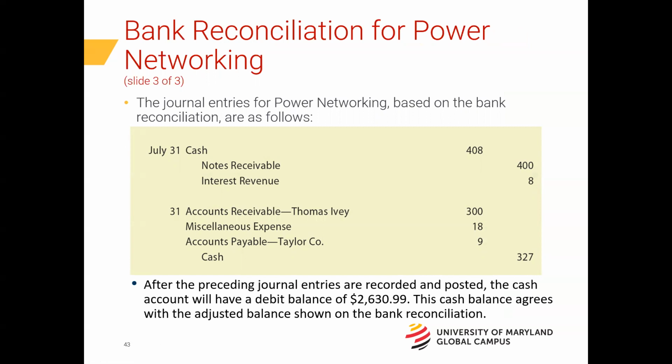Okay, so here's another example in the reconciliation process for our company. We receive cash from a note receivable, but have not yet recorded that transaction. So on July 31st, we make the adjusting entry. We debit cash $408, credit note receivable $400, and credit interest revenue $8 to represent the receipt of a note receivable. Now you may be asking yourself, or you may be asking me, Dr. B, what's a note receivable? That's different from an account receivable.